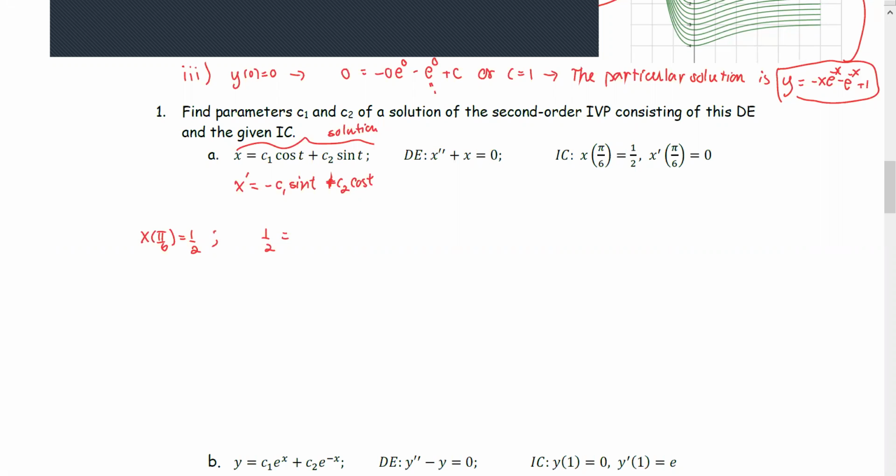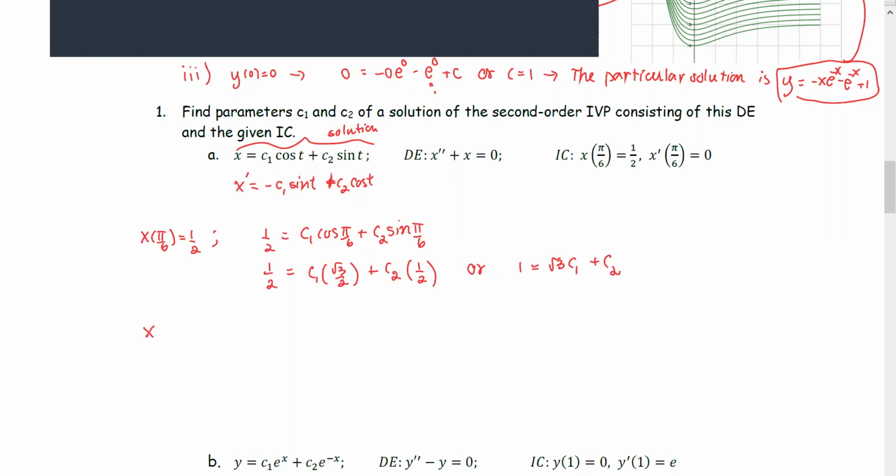So 1 half equals C1 cosine pi over 6 plus C2 sine at pi over 6. Simplify a little bit. Cosine pi over 6 is square root 3 over 2. Sine at pi over 6 is 1 half. We see all three terms have the same denominator, so multiply all by 2. We have the less complicated equation in the form of 1 equals square root 3 C1 plus C2